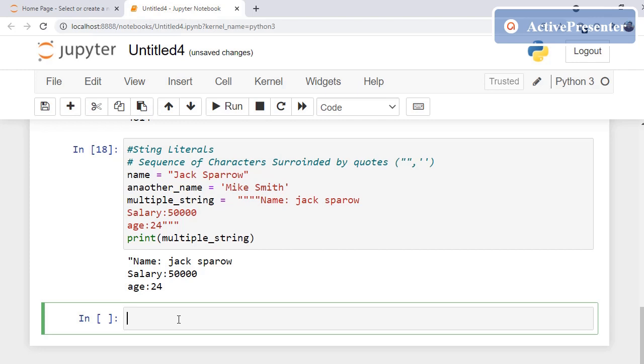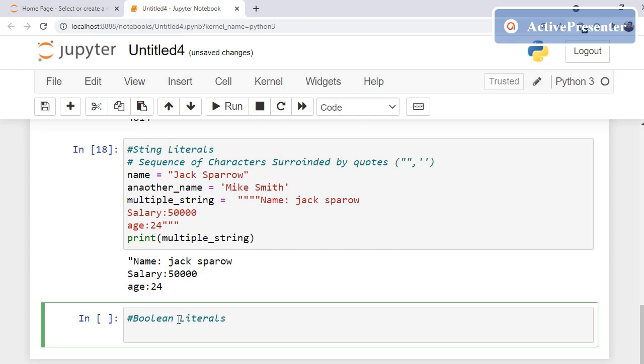Next we have one more literal, Boolean literals. Boolean means there are two things: either 1 or 0, either true or false, either on or off. Now in Python we have two Boolean literals.